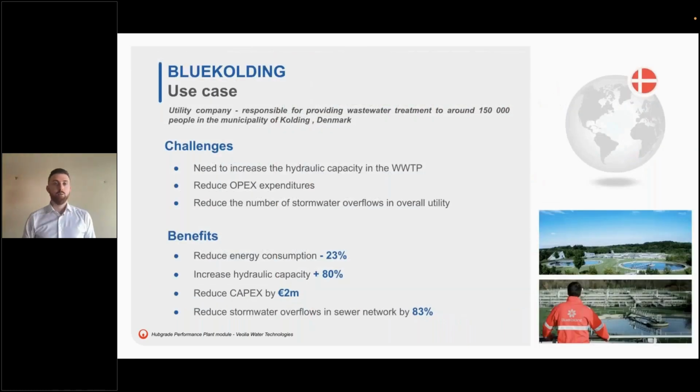Now, another case that I wanted to show you is in Denmark. It's in the city of Kolding. The utility company is called Bluekolding. They were faced with some very different challenges in terms of needing a drastic increase in the hydraulic capacity of the plants to handle all the rain that falls in Denmark, to be able to reduce their OPEX expenditures. That's about the same for everybody. And finally, very important, to reduce the number of stormwater overflows in their utility, as that was above the legal